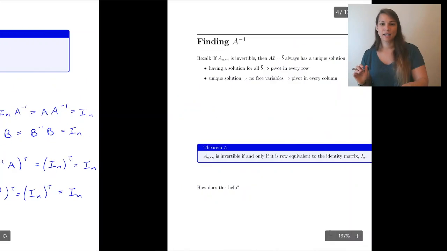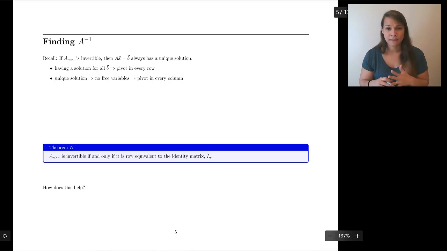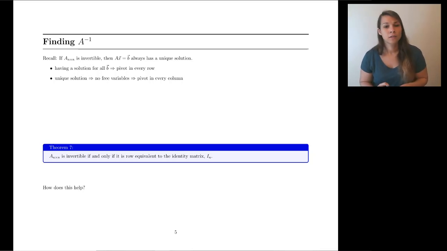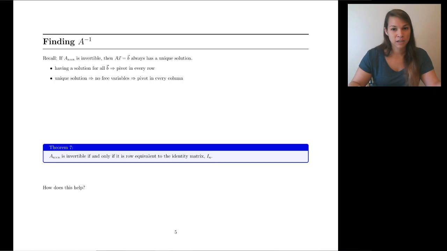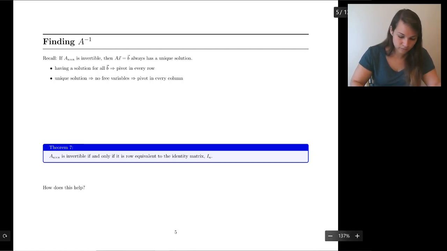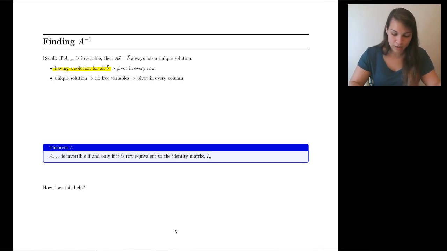Okay, now, as promised, how do we find A inverse? So recall, first of all, that A being invertible implies that AX equals B always has a unique solution. So, what does that mean? It means first off, having a solution for all B means pivot in every row. That's Theorem 1.4 again for you. Having a unique solution,